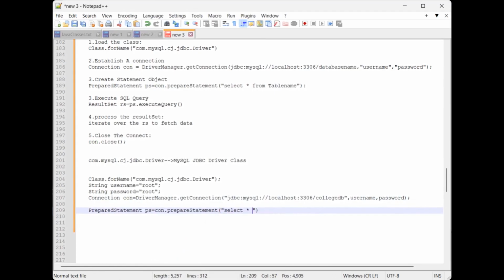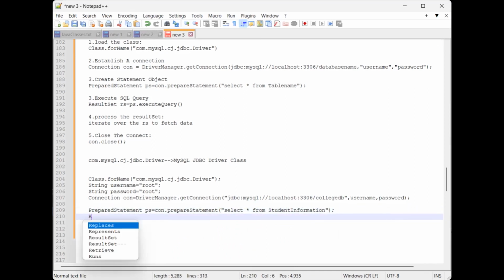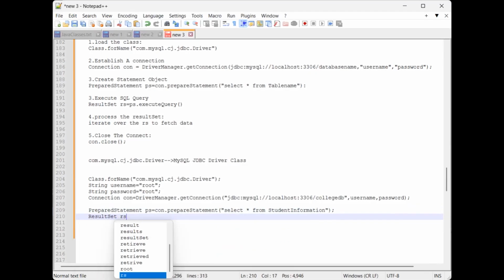Select everything from the information table. Just imagine we have the information table, and I'm just giving the table name. Let me take it as student information. Okay, select everything from student information. Then you need to use the result set to execute the query and store it in the RS,